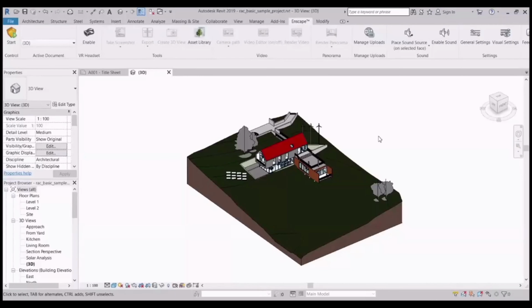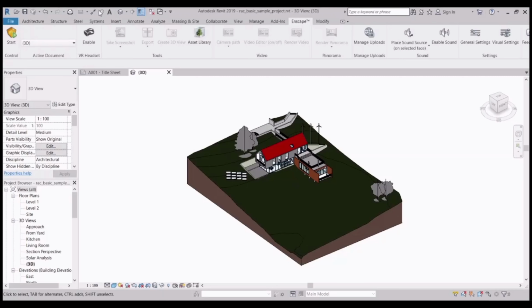It is a plugin which works for your ArchiCAD, SketchUp, Revit, and other software. So we will learn how we can get our Enscape software. There is a website, Enscape.